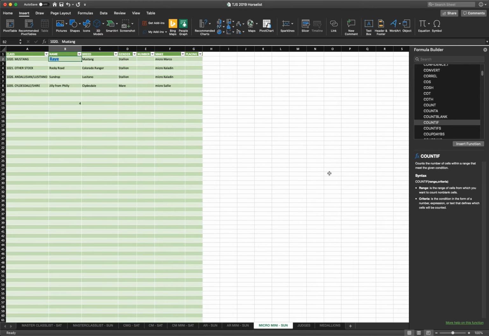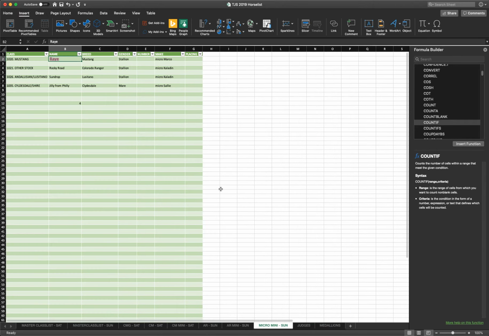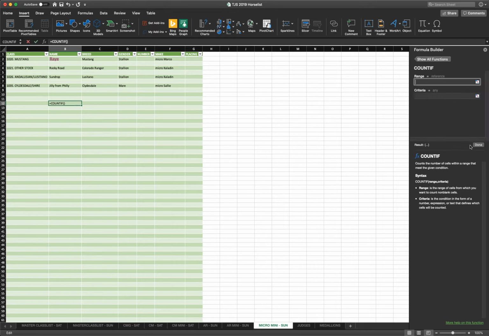The next thing we want to do is do the COUNTIF. So you'll know how many. Like, I just hand counted because there's only 4 in here. But let's set this up. Go over here to your formula builder. Insert the function for COUNTIF. So you go up to COUNTIF and you say B2 colon through B8,